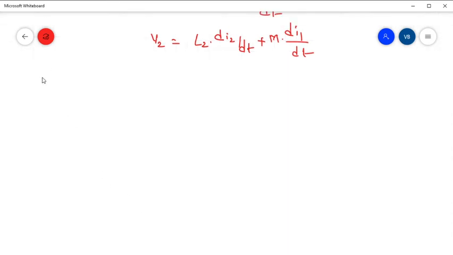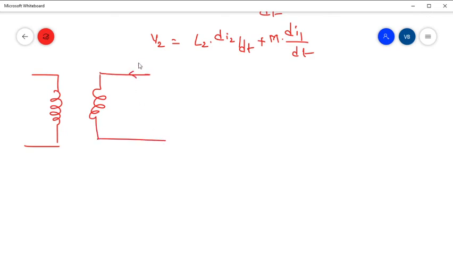So here, this is the same magnetically coupled circuit. Just represent the directions, that is I2, I1, the same voltage we applied V1 and the same voltage V2 here. So that is inductor L2 and here inductor L1. Here it is magnetically coupled, so it will produce some flux, that is mutual inductance. Let us take M, and here I'll represent the dots like this. Then what happened? These two are opposite, no?